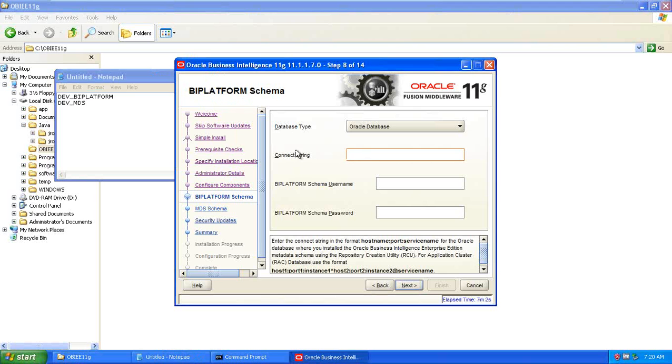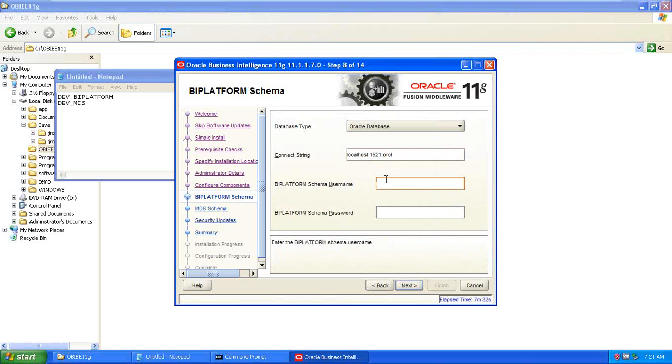If you look at the connection string, there is a syntax here: host colon port colon instance. I need to give my host name, which is my localhost, colon the port my database is running on, 1521, colon my database service, ORCL. This is a standard parameter: localhost colon 1521 colon ORCL, depending on your database configuration. If your database is running on localhost with port 1521 and service name ORCL, you give it this way. And my schema name,